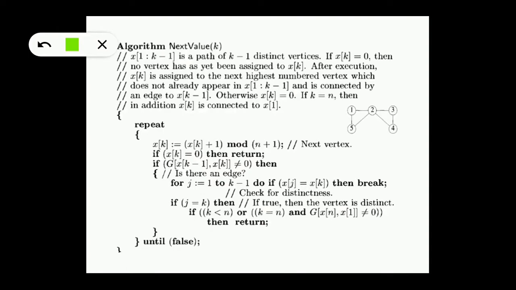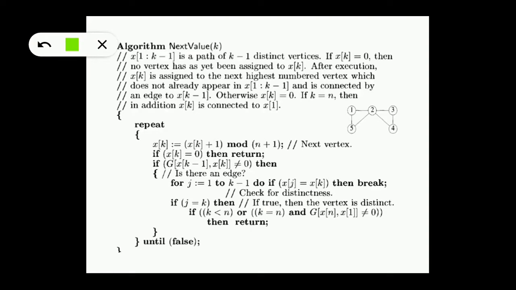If x of k is equal to 0, then no vertex has yet been assigned to x of k. After execution, x of k is assigned the next highest numbered vertex, which is not already appearing in the solution